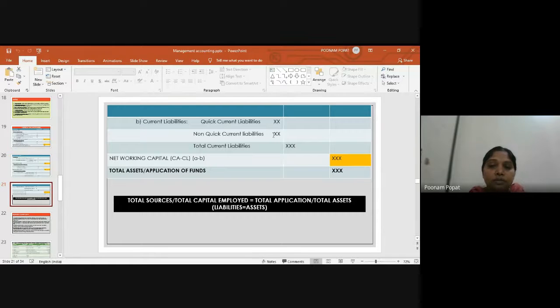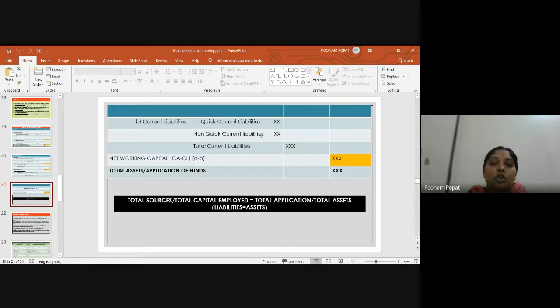So what will come in quick? Creditors will come, bills payable will come, all the outstanding expenses, outstanding rent, wages, salaries, any unpaid amount, provision for tax, proposed dividend, that will come here because I'm supposed to pay them immediately. Suppose you have not paid salaries to your worker. Can you delay that? Can you say to the worker, okay, come after 1 year? I can't delay, right? So they are quick current liabilities. I'll have to pay immediately, as soon as possible.